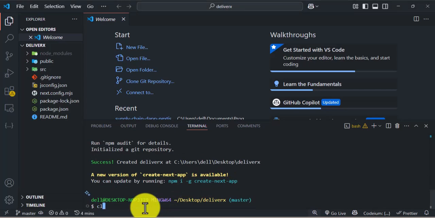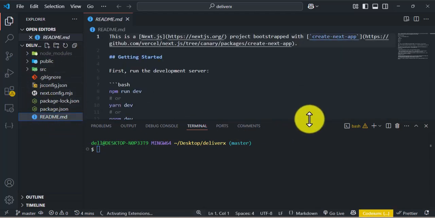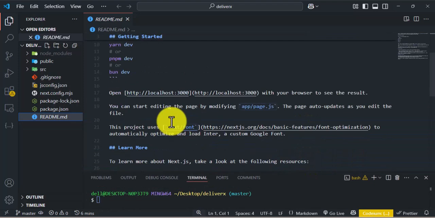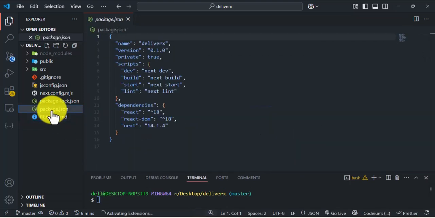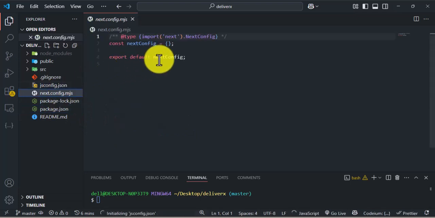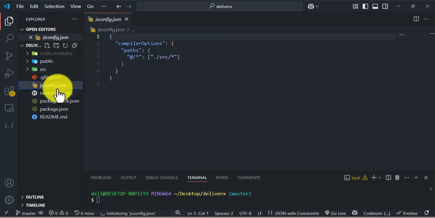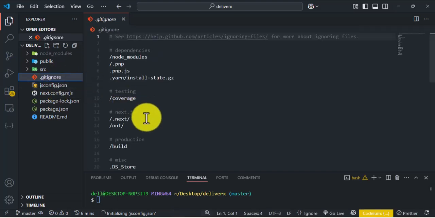Alright, so now that we have successfully installed the application, what I will do is run the application. We have installed a Next.js application, and these are the folders that we have. We have the readme file, which is just some markdown that tells you something about the application. Also, you have the package.json, which has the dependencies that you'll be using in your application. We also have the Next config, which is the file used to configure your Next.js application, and also your JavaScript compiler, which is the JS config file, and also the gitignore file, which is the